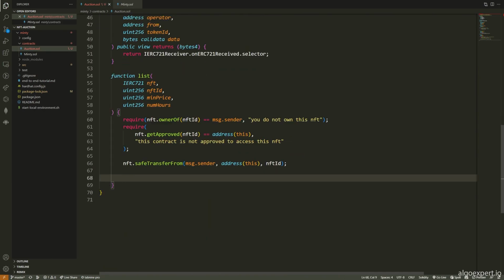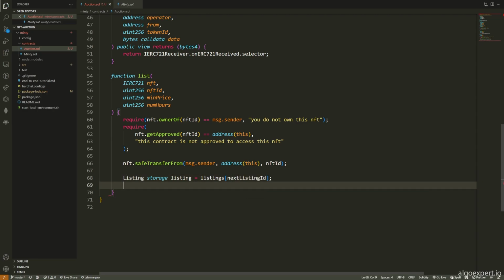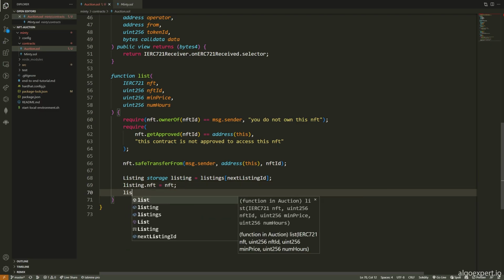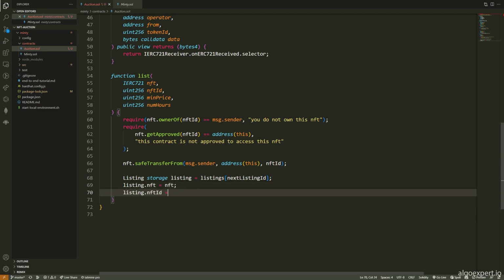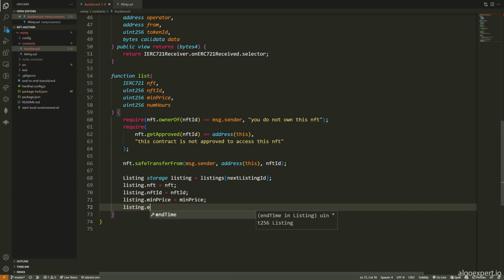So we are going to go here and we are going to say listing storage listing is equal to listings at the next listing ID. And then we're going to start filling in the fields. So we're going to say listing.nft is equal to NFT. We're going to say listing.nftId is equal to NFT ID. We're going to say listing.minimumPrice is equal to the minimum price. We're going to say listing.endTime is equal to the current block.timestamp plus, and then this is going to be the number of hours. So this is numHours here,